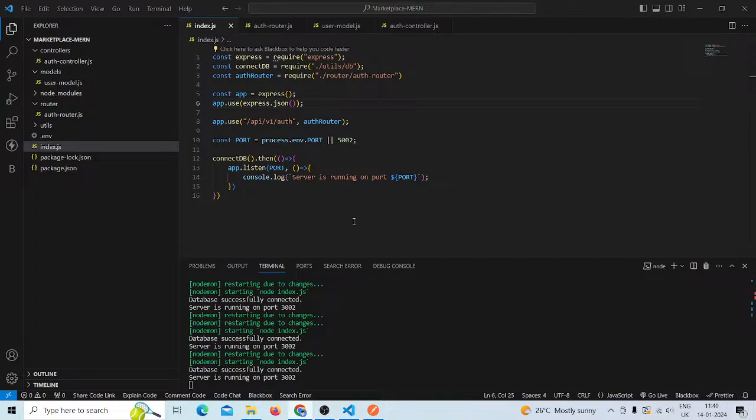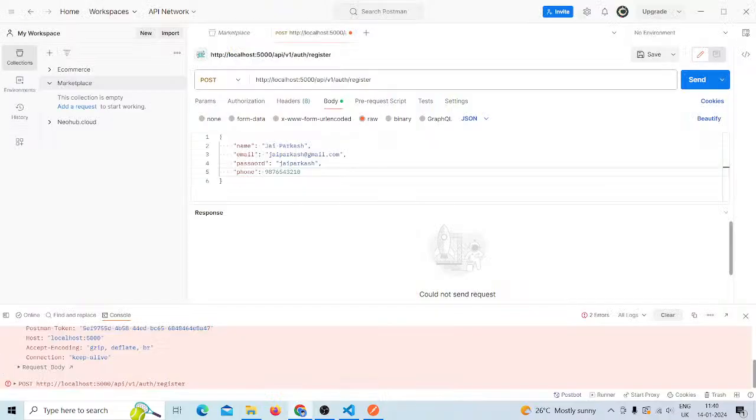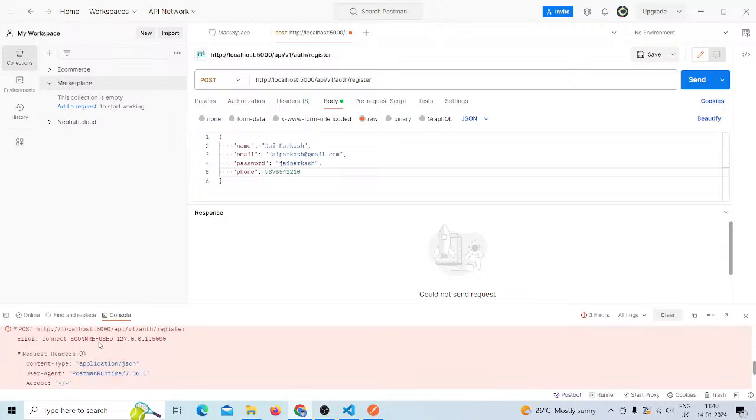Okay, now I got to know what could be the problem. But still, let me show you Postman. And now if I hit enter, then I think again I will get the same error. Yes. So the problem, as I can see here, is the connection is refused because we have given our database name